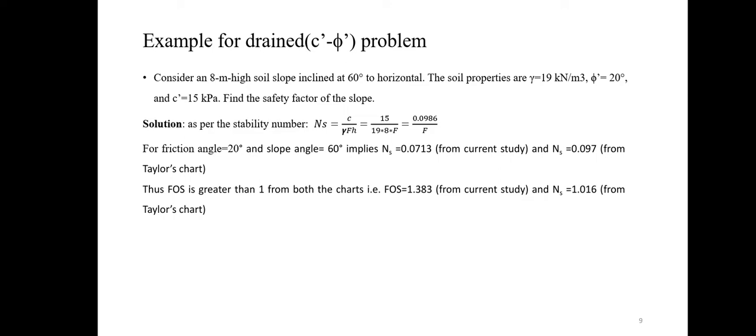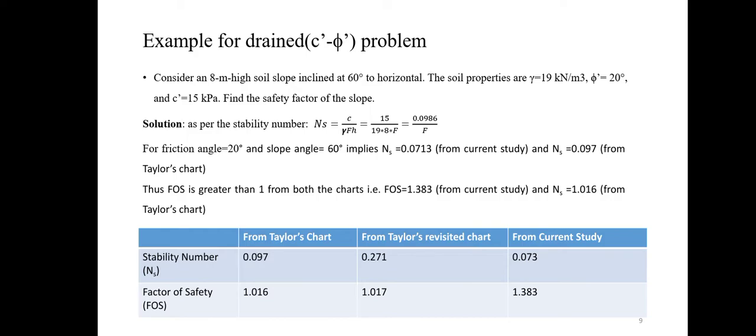So for the friction angle equal to 20 degrees and slope angle equal to 60 degrees, the value of Ns was obtained from the graph which we saw in the previous slide, and the value of Ns from the Taylor's chart. From here we saw that from the Taylor's chart the value of factor of safety was 1.016, from the current study 1.383, and from the Taylor's revisited chart 1.017. From all these factors of safety we can understand that the factor of safety was greater than 1, and hence the slope was